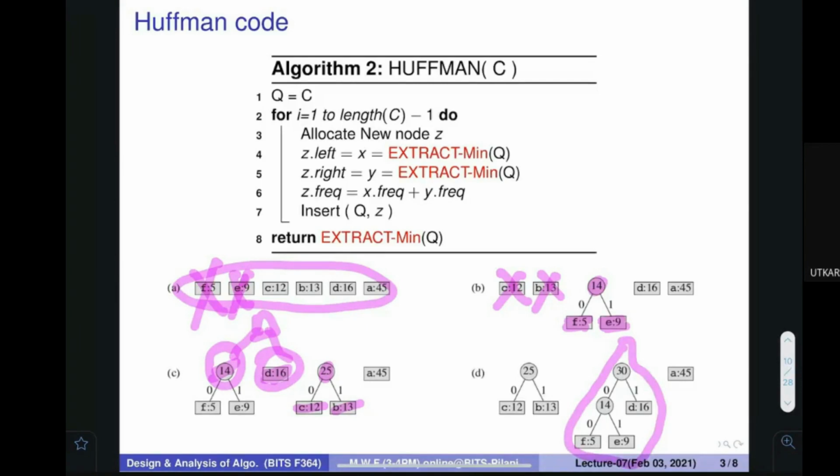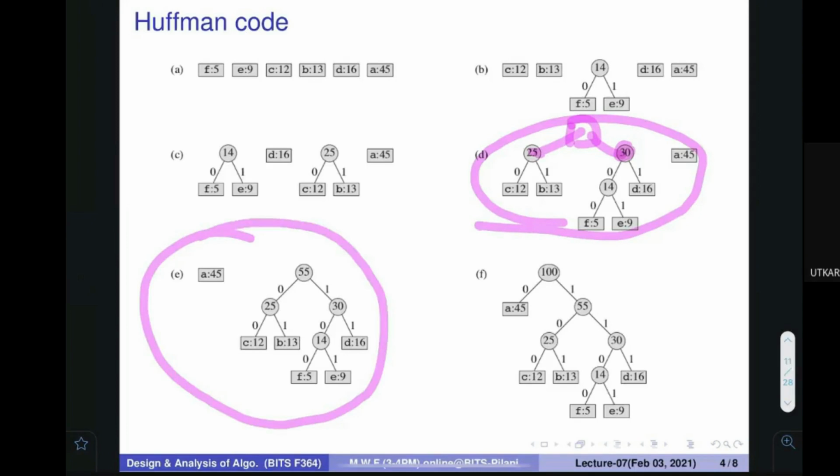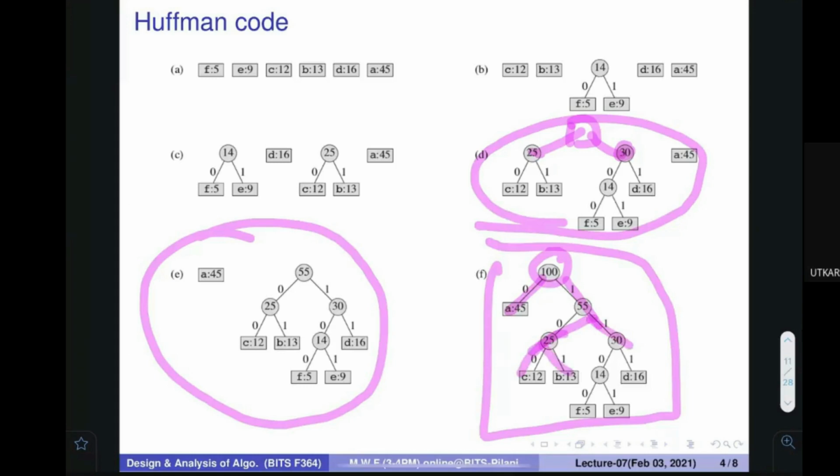And you can see that this is the structure I have. Okay, from here again I would remove the two smallest ones, 25, 30 and 45, so they are removed. A new node would be created, and they are linked this way. So you can see that this is what I have. Now they are connected, and in this way the tree is constructed that we have recently seen. So this is how the tree is constructed, and then we write 0 1 0 1 0 1 1 0. That is not different, and after that we can find out what the code is. Any question on that?